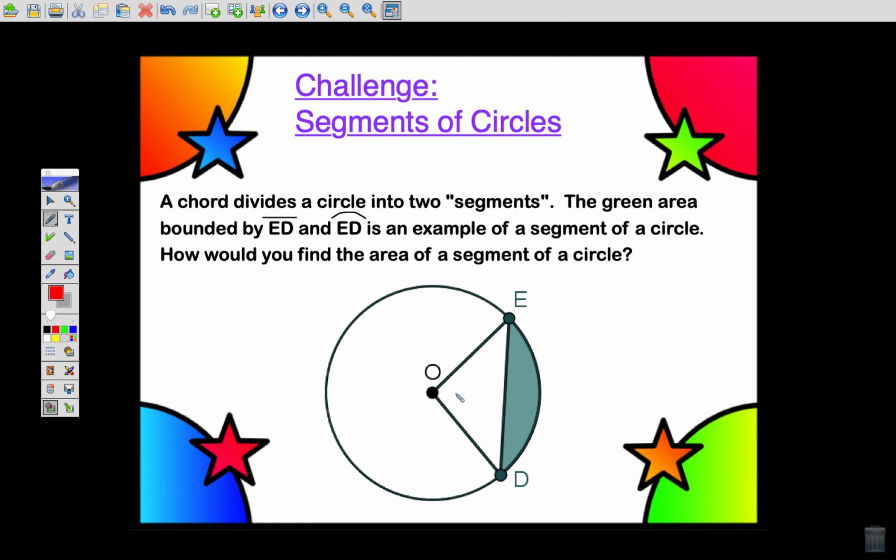Let's assume we know this angle. And remember, if you drop down this segment so that that makes a right angle, you can now call that the height of triangle OED. This distance, of course, sorry about that, would be your base. And so to find the area of just that white triangle, it's 1/2 times this times this. Now, one thing you already know about a circle is that radii are the same no matter where you draw them. So segments OE and OD are congruent, making this white triangle isosceles,